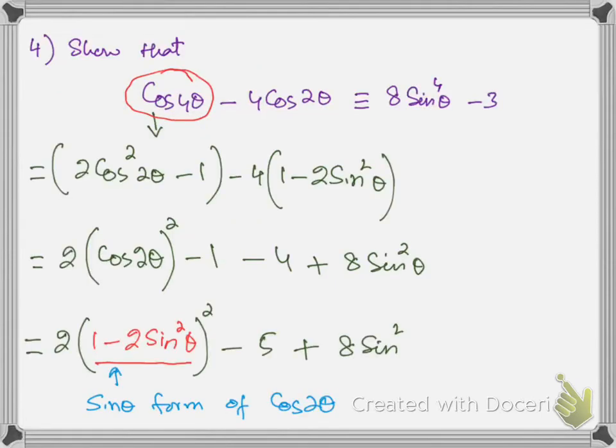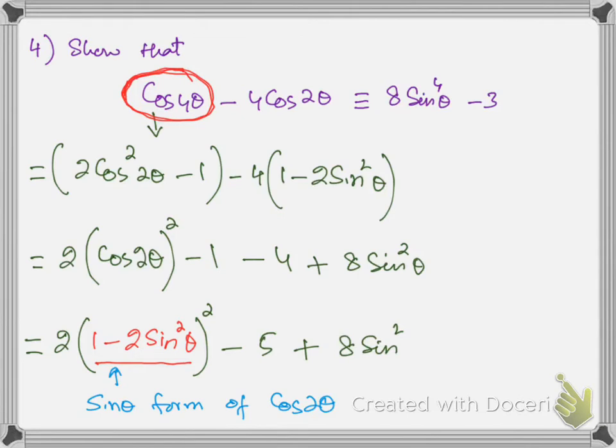So now let's solve this identity number 4. I already have solved this identity in lecture number 2, but this is one of the most important identities. Therefore I have considered this identity in this class as well. So the most important part for this identity is cos 4 theta. This is one of the most important things, and which I have already discussed in my lecture number 2 in detail.